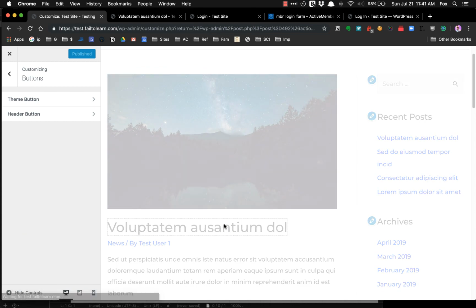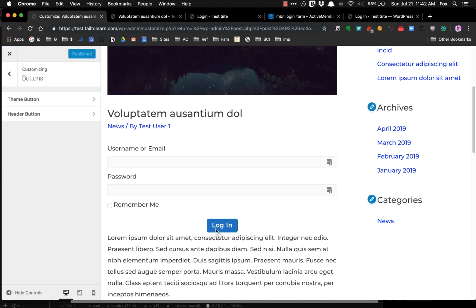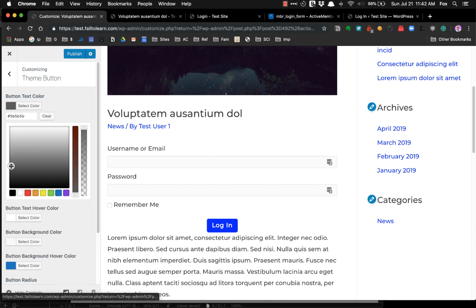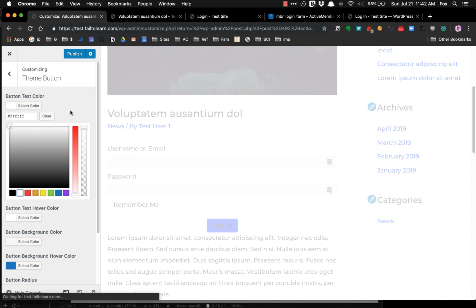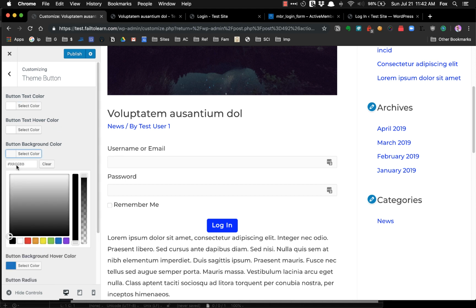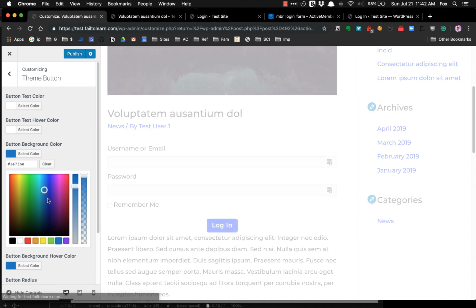We'll open up that page or that post, and there's the button right there. And so from here I can change button colors. Notice it changes the color of the text in there, and I don't want to do that. I want to keep it white, so it's legible against that blue background. And change the button background color,